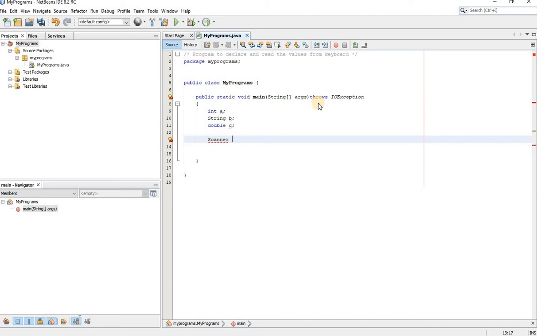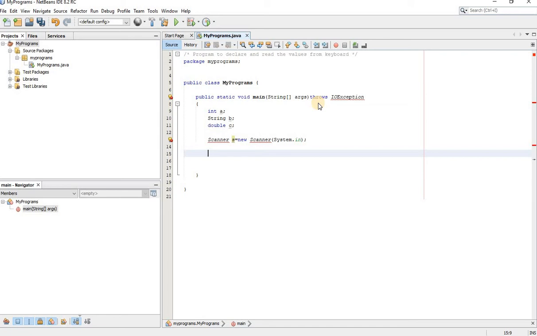The object name can be anything, no conditions, so you have freedom here. I use s equal to new Scanner of System.in, which tells the compiler that this class is used to implement the operations to read data from keyboard and provide that input to the program.